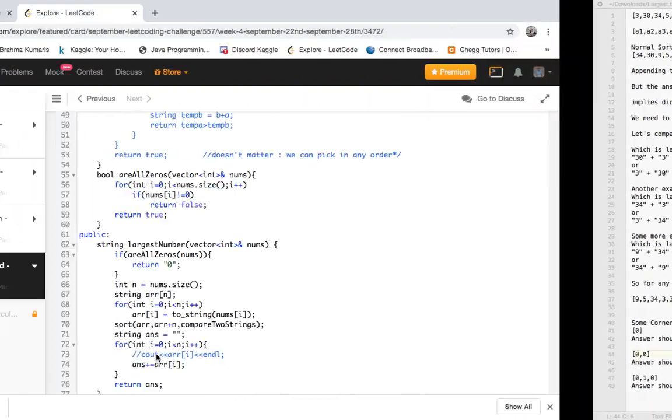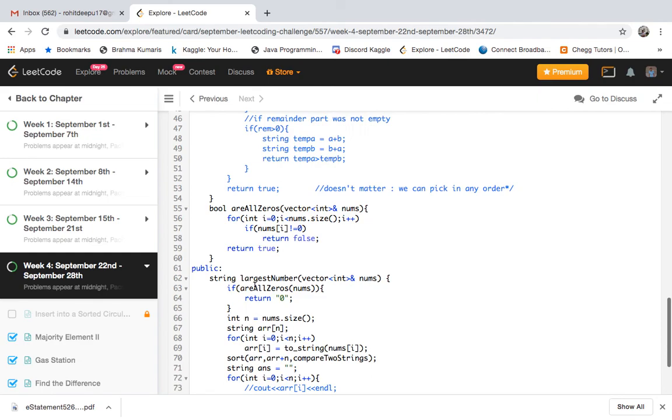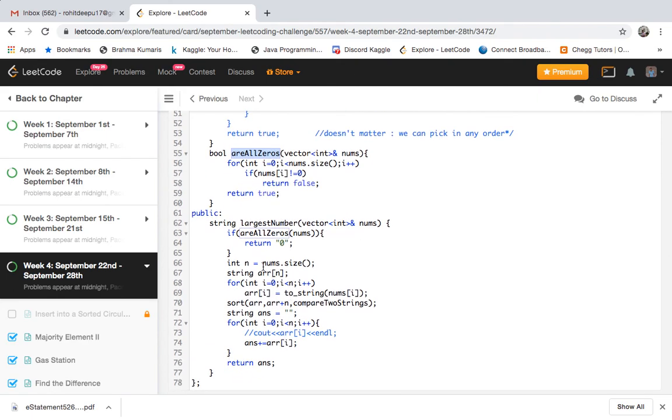So let's go through the code. Here I have created another function which tells me whether all the numbers are 0 or not. If all the numbers are 0, I just return 0. Otherwise, I take n to be the number of elements and iterate through all of them.